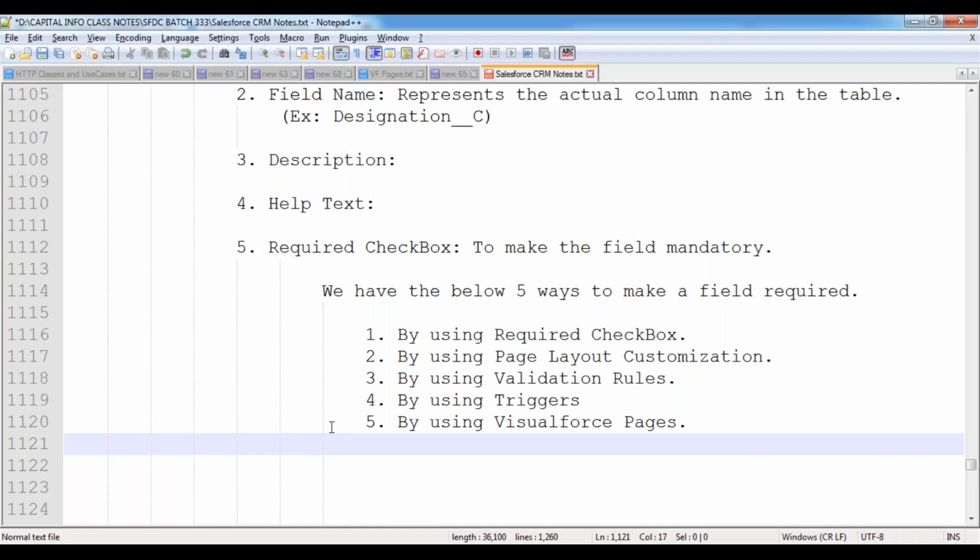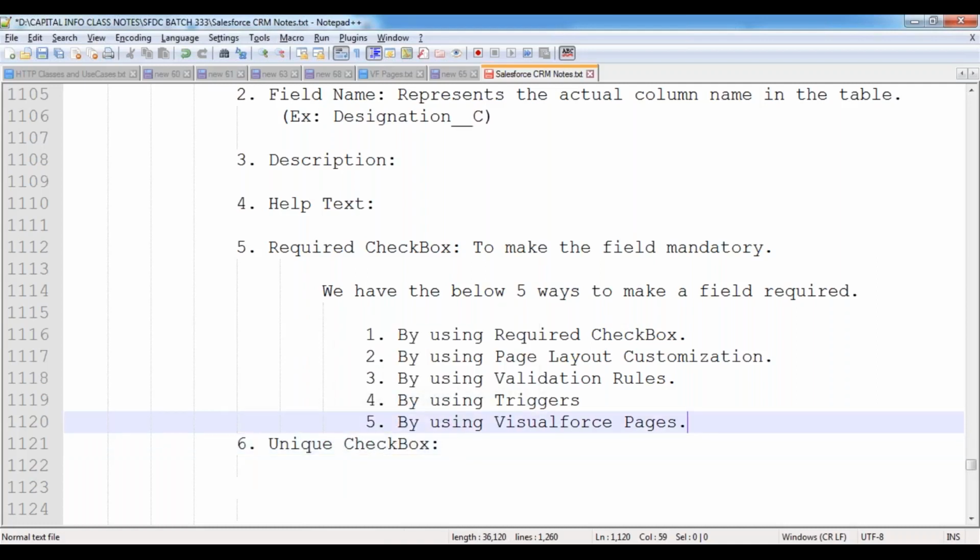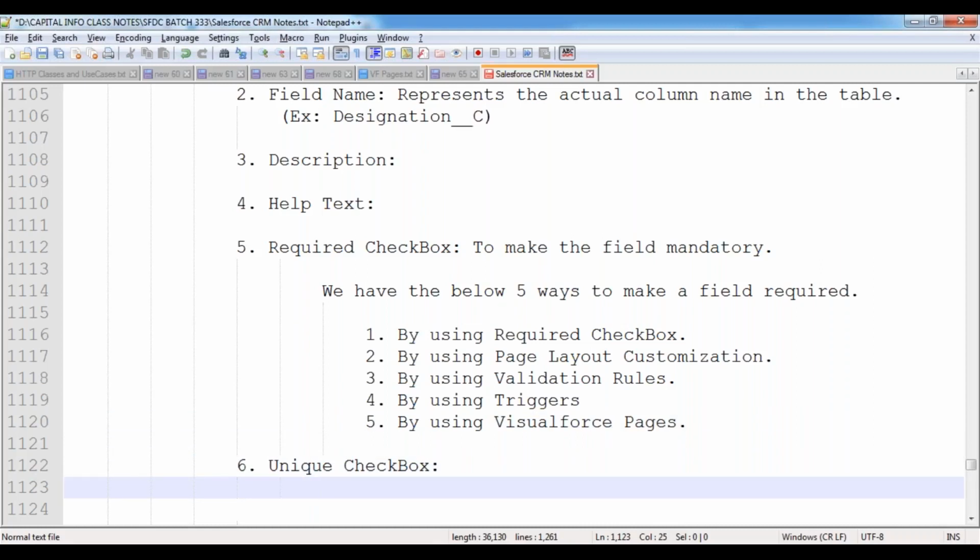Okay, now this is the next one, the 6th property, the unique property. That means the unique checkbox. So what is the use of this property? This property is used to make that column value unique. That means in the column, the same value you can